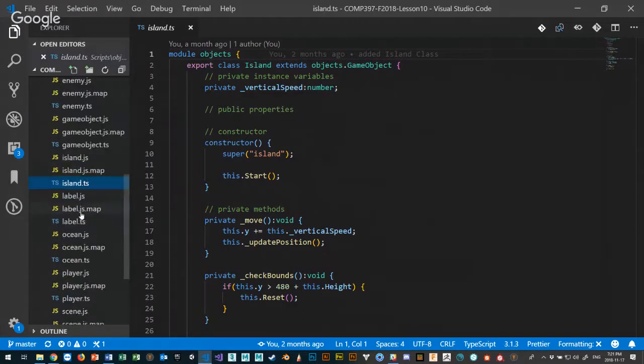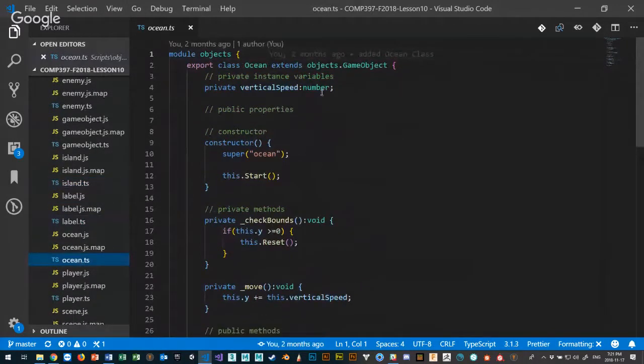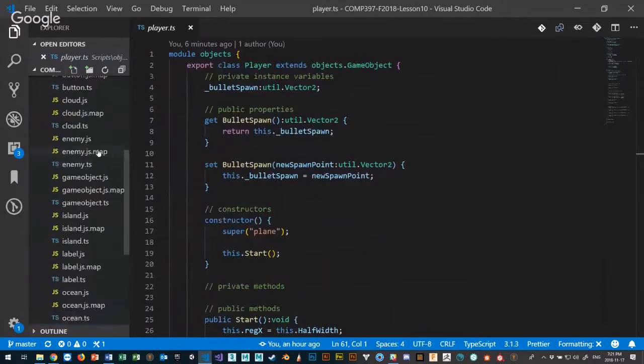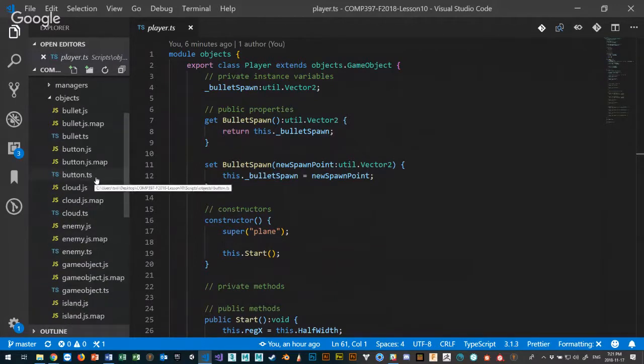The ocean definitely not. Right now the ocean is a game object, right? But the ocean could not be a sprite, because that means we'd have to keep it in a sprite sheet, and that is a very large sprite sheet. Our sprite sheet for the ocean would be something massive if we include the ocean there as well. I'm just saying, player for sure, that's one that would be a good candidate. Same thing with enemy. I think enemy would be a good candidate for animations, but island and cloud and bullet,